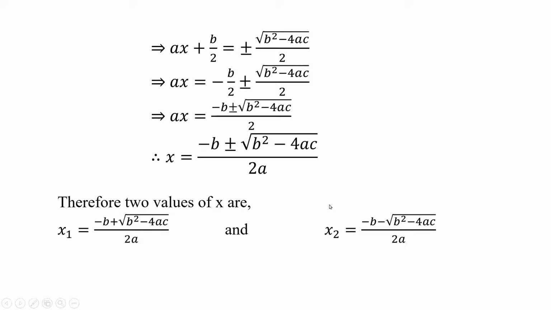Okay, and the nature of the roots depends on this expression b square minus 4ac. That's why this b square minus 4ac is known as discriminant. This b square minus 4ac is called the discriminant of the equation and it's denoted by capital D. Okay, discriminant means নিশ্চয়ক, এটাই নিশ্চিত করতে পারে যে ইকুয়েশনের রুটস গুলোর নেচার কেমন হবে, এর জন্য একে বলা হয় নিশ্চয়ক অর ডিসক্রিমিনেন্ট। ওকে, আচ্ছা চলো আমরা দেখি যে এটা কিভাবে নিশ্চিত করছে রুটগুলোর নেচার কেমন হবে।